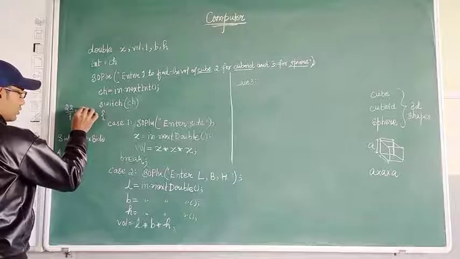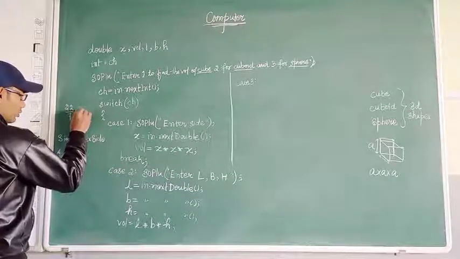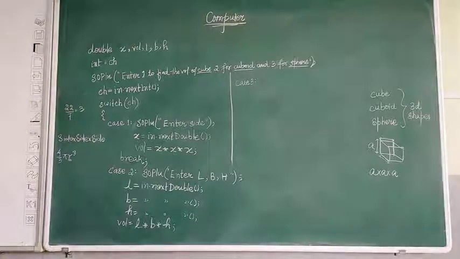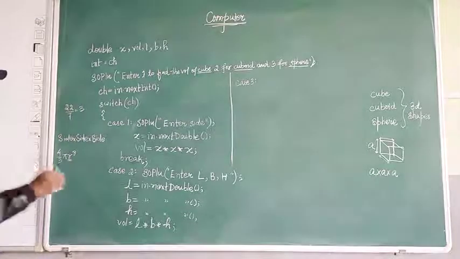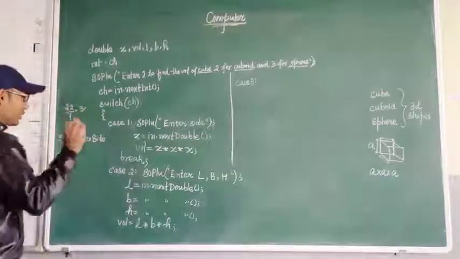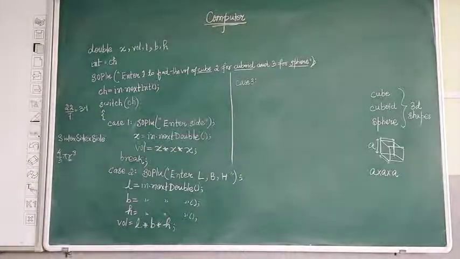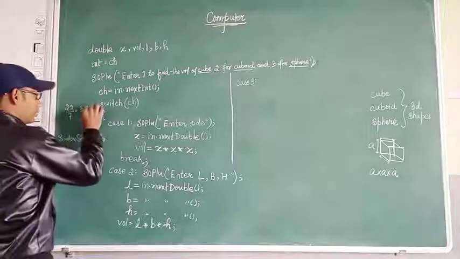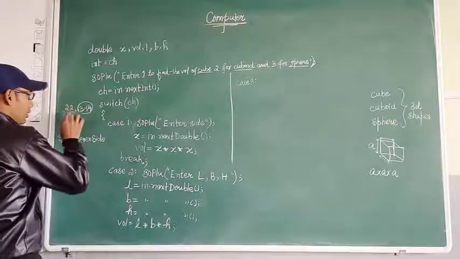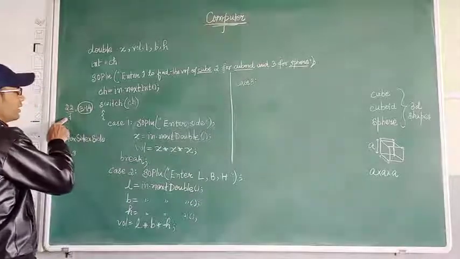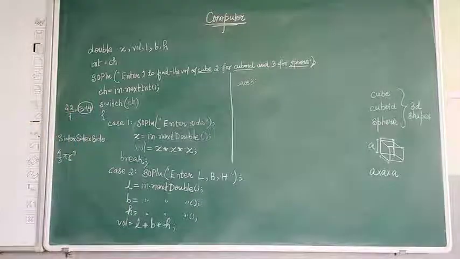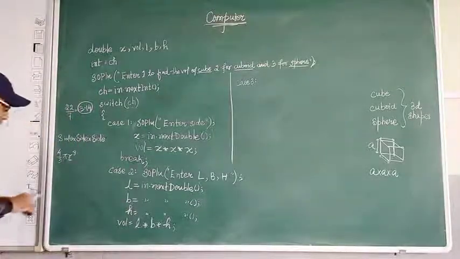22 by 7: 7 times 3 is 21, after that remainder 1. If we give a decimal, it becomes 10. 7 times 1 is 7, remainder 3, so 30. 7 times 4 is 28. Instead of writing 22 by 7, we can write 3.14. Isn't it? Yes, sir. Okay.